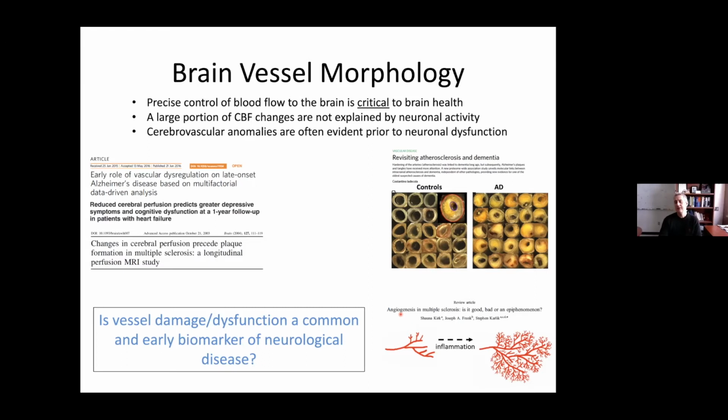Could it be something like atherosclerosis that we see in Alzheimer's disease, where there's a buildup of fat inside the blood vessel, which stems the flow of blood? Or could it be something in young people like multiple sclerosis, where chronic inflammation is so high that the blood vessels start creating new blood vessels because the brain thinks that something is going horribly wrong. And so you have rampant angiogenesis in the brain. Both of these two things, by the way, could in a strange way cause reductions in blood flow.